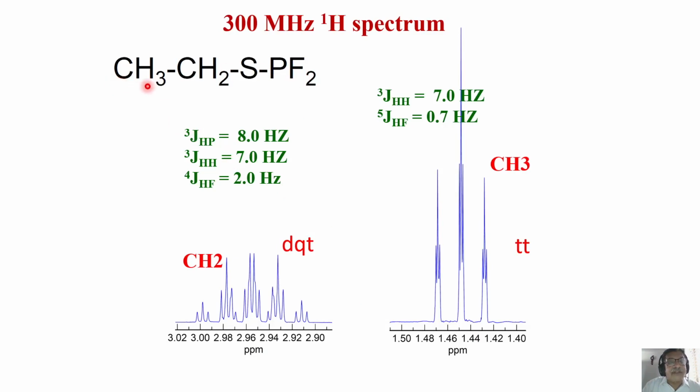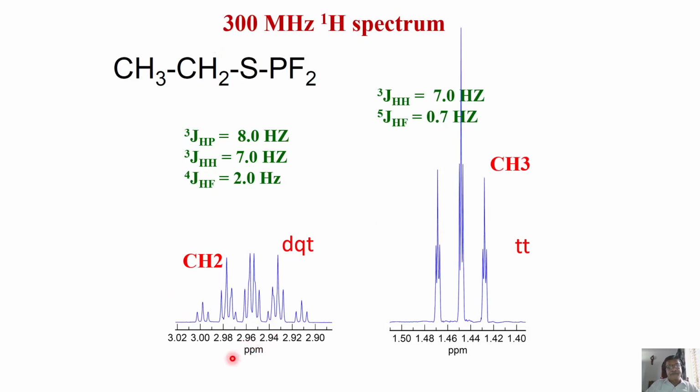Of course, the carbon-13 is NMR active, but it is less abundant, so you will see it as satellites. We will not worry about satellite analysis at the moment. Right now, let us concentrate on analyzing the proton spectrum of this molecule. When I see protons, I get essentially two groups: one for CH3, the other for CH2. Of course, that is very clear. Now, the CH3 comes where? In the high field region. That's also clear. And CH2 comes in the low field region.